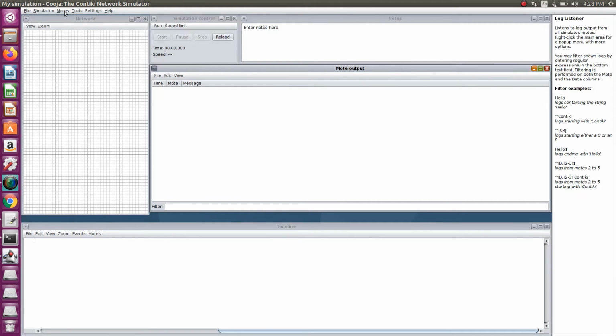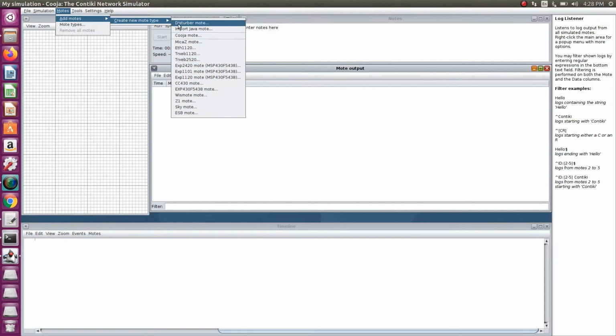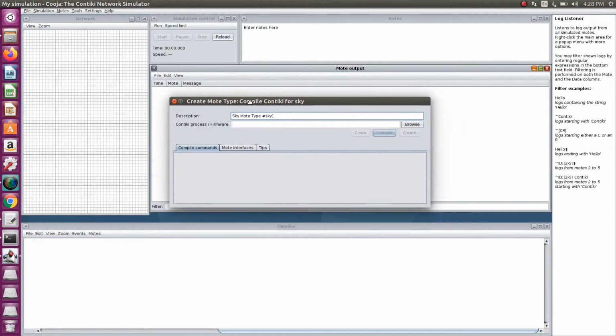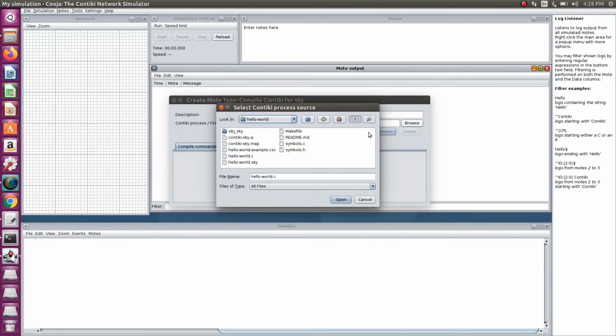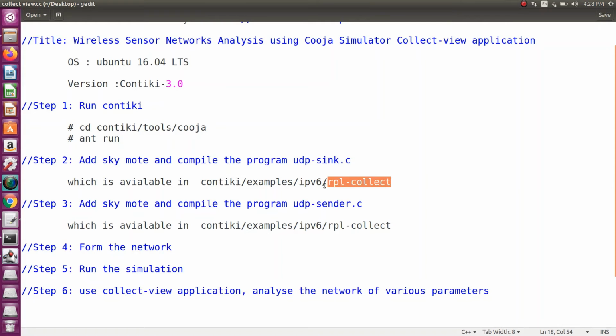So first go to Motes, Add motes, create new mote type, then go to Sky mote. In that Sky mote, browse the program. Which program do we need to load? We need to load the RPL collect program, which is available in your examples IPv6.